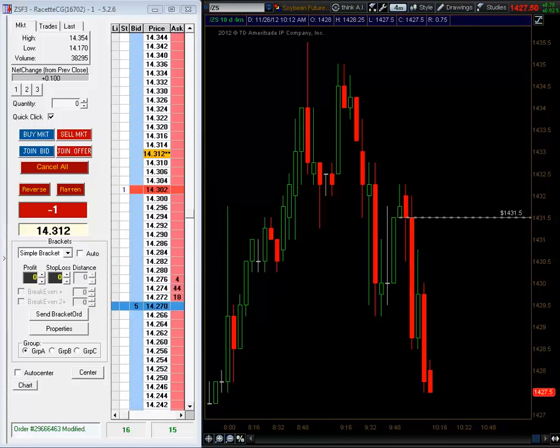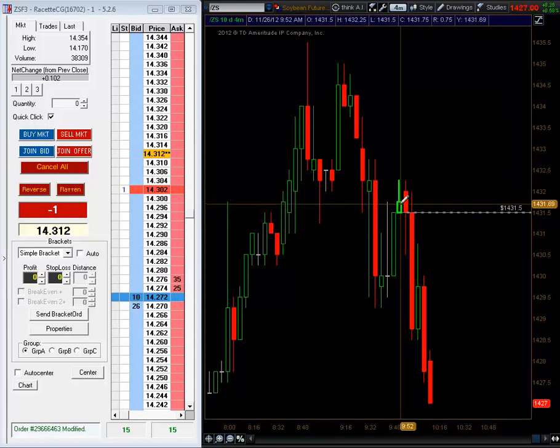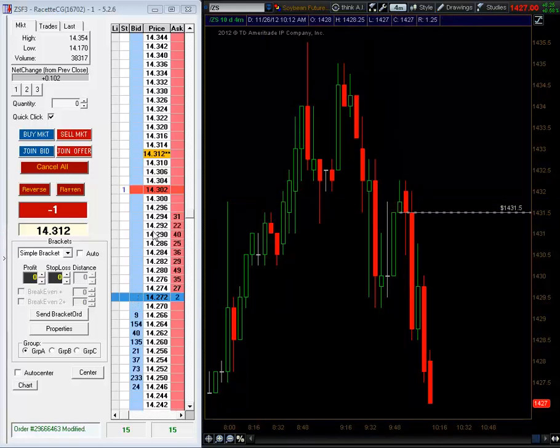And in a trade here, short from 1431.25s. And one thing to notice on the dome is that the prices trade